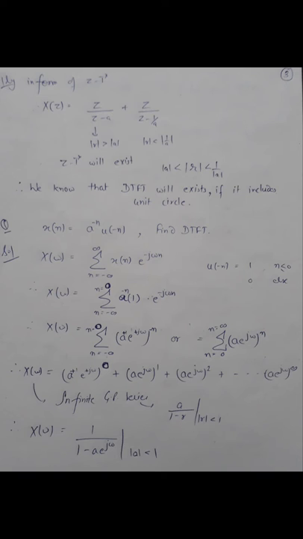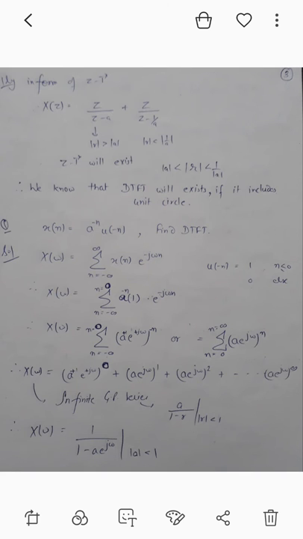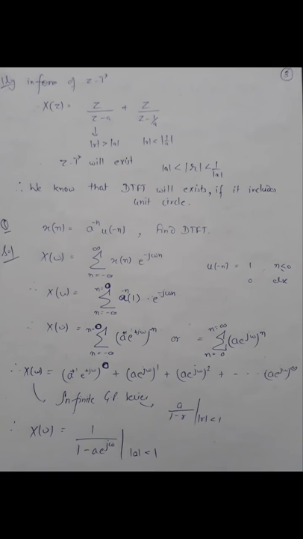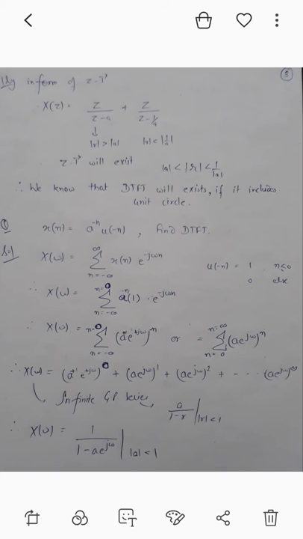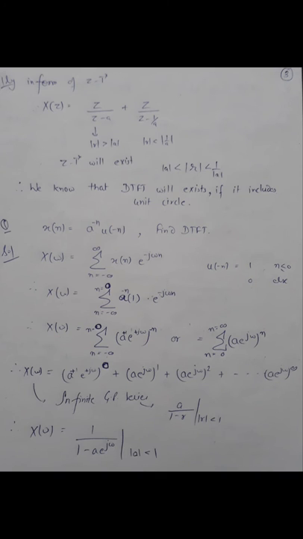We can write minus infinity to 0, that means n having negative value, or we can write 0 to infinity, multiplying the whole n with the negative sign. So we will get (a e raised to power j omega) whole raised to positive n. Open the summation, we will get (a e raised to power j omega) raised to power 0 up to infinity. Again, it's an infinite GP series, so the sum is a upon 1 minus r with mod of r less than 1. So 1 upon 1 minus a e raised to power j omega with mod of a less than 1.